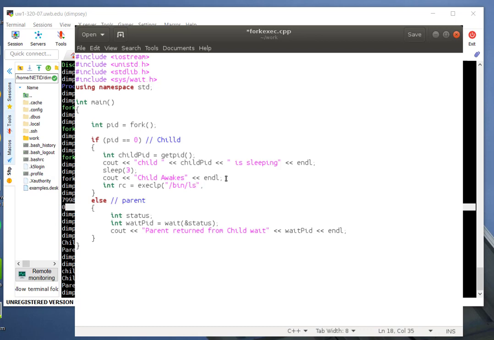So the execlp takes in a few arguments. The first is where you will find the ls command, then the ls itself, and then a string of arguments you want to pass the ls. And I'm going to just pass in the -l. The end of that string is indicated with a character pointer to 0. Great. So now the child will wake up from its 3-second sleep, and it will exec within its context the ls command. Let's go ahead and save that,